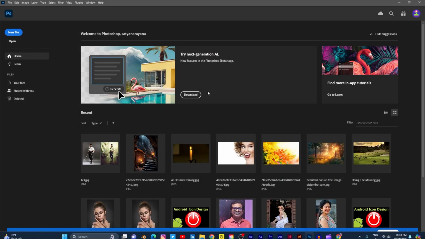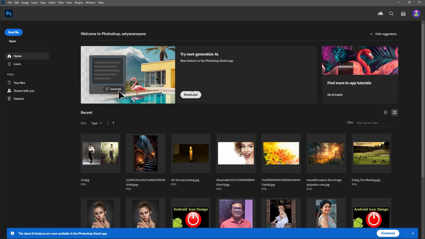Okay, next assignment I'll explain. So this assignment is on layer masking and layer blend. Particularly here we are using layer blend with the layer mask. Okay, so open file